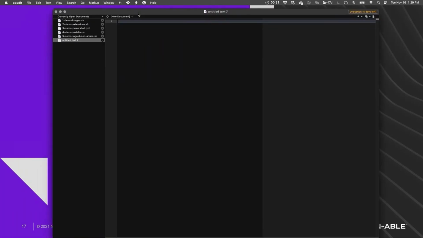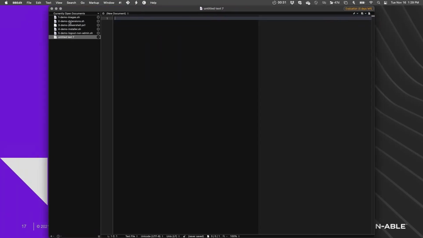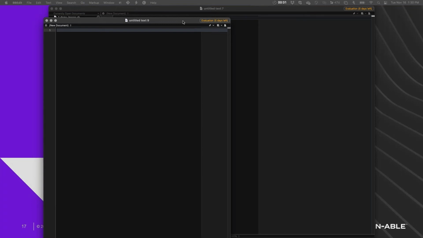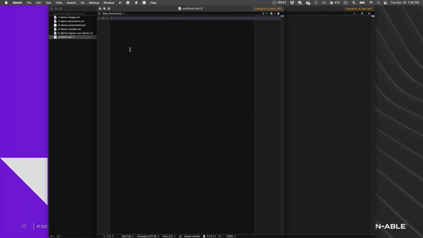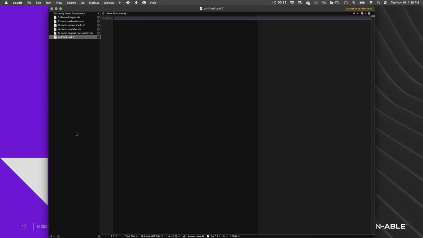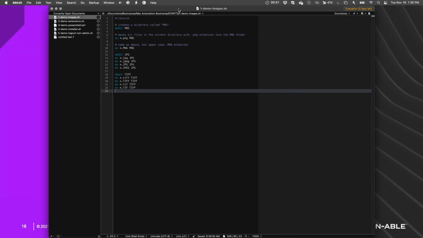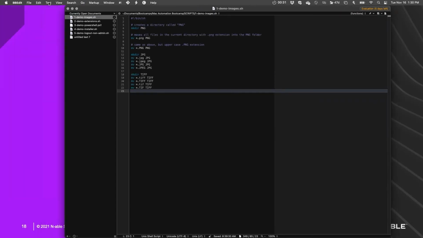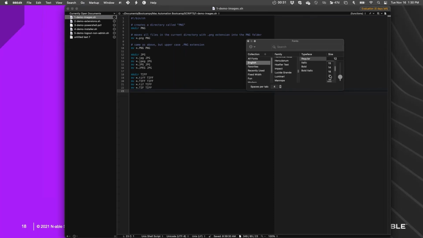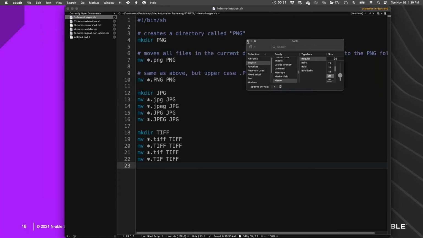In the last session, someone asked how to get this sidebar with your documents in it, and it just opens up. I think it just opens up automatically once you open up multiple files. But if you don't have it open, you'll just see a window like this. But since I'm always working on multiple things at once, I like to have the sidebar there, and I can quickly jump from one script to another. A .sh file here. I'm going to bump up the font size so we can see a little bit better.